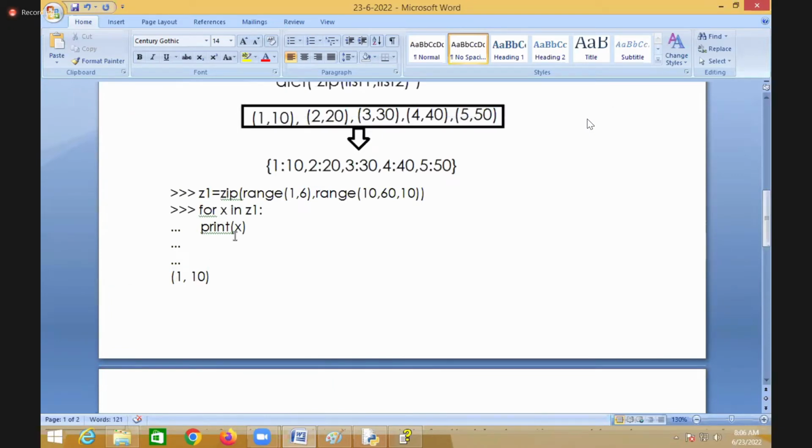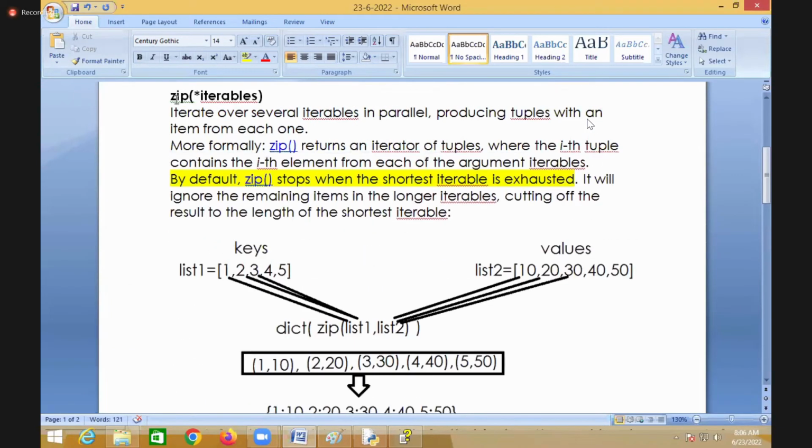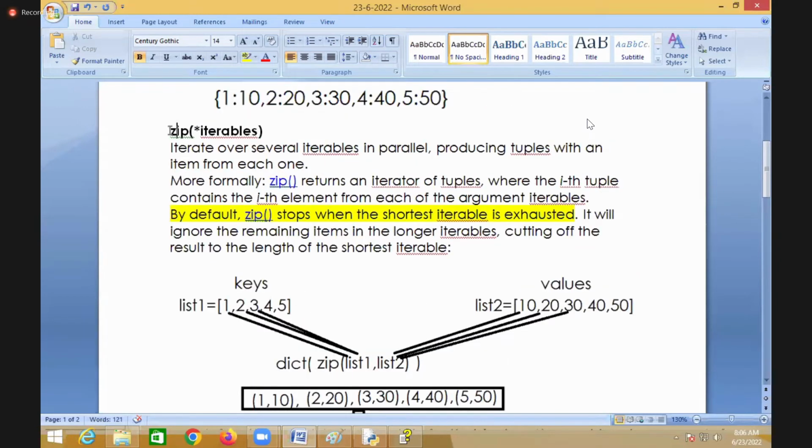Zip function. You have to take the help of one function. And what is the name of that function here? Zip. So zip is followed by iterables. It iterates over several iterables in parallel, producing tuples with an item from each one. More formally, zip returns an iterator of tuples, where the ith tuple contains the ith element from each of